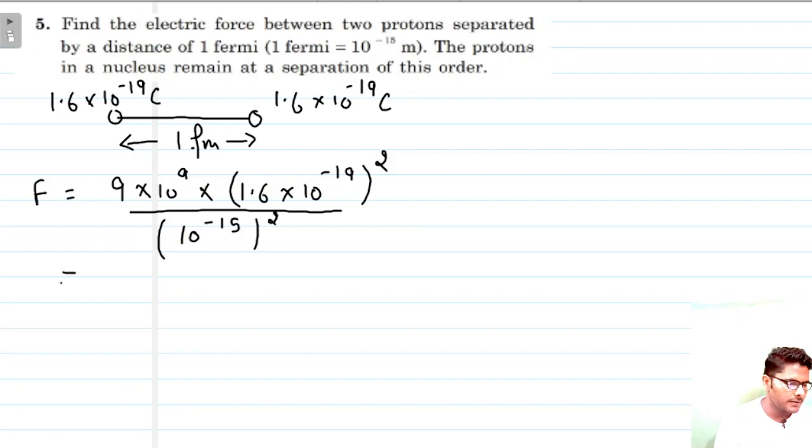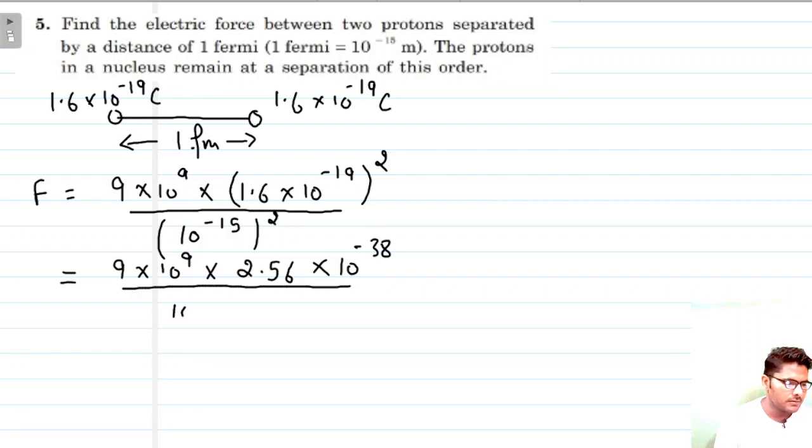So the force will be 9 into 10 raised to power 9 into 2.56, the square of 16 is 256 and the point will be after 2 digits. So 10 raised to power minus 38 over 10 raised to power minus 30. And when you will solve this,